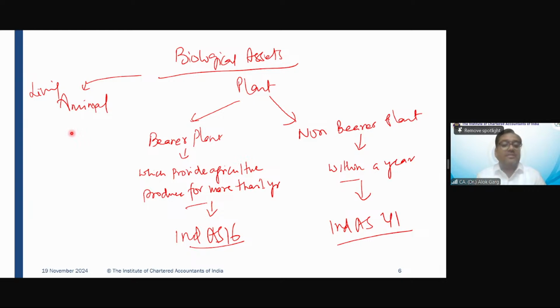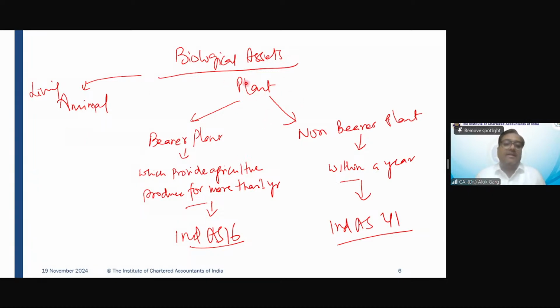So if the biological asset is used for transportation, have you seen that bullock cart? Have you seen the horses who are used in a Tanga? Have you visited Agra? You will find that horse cart where these horses are used for transportation, taking the passengers from here and there, right? So whether it is an agricultural activity, answer is no, right? So these animals will not be covered under Ind AS 41 if it is not related to agricultural activity. These will be covered under Ind AS 16, right?